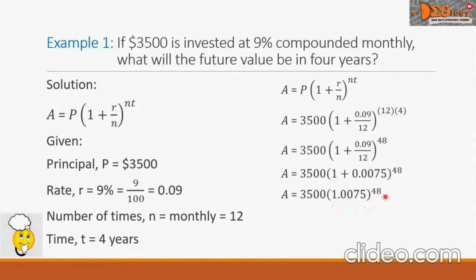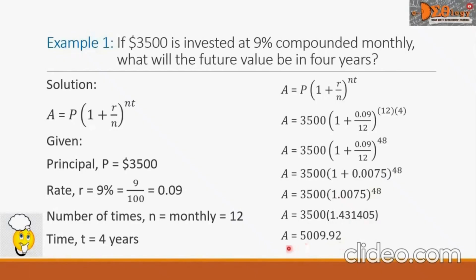Using our calculator, let us simplify this expression, this 1.0075 raised to power 48, and the value is 1.48431405. We will multiply this decimal into 3,500 and our answer is